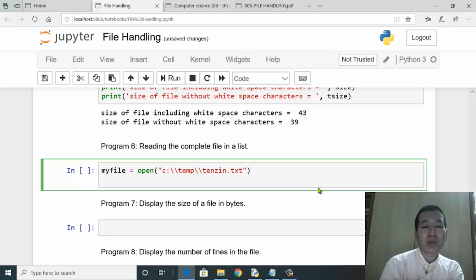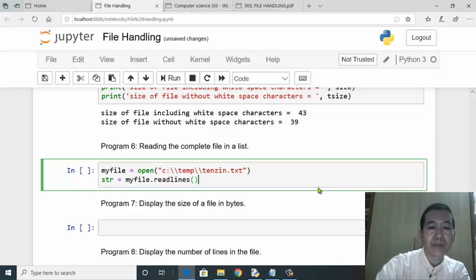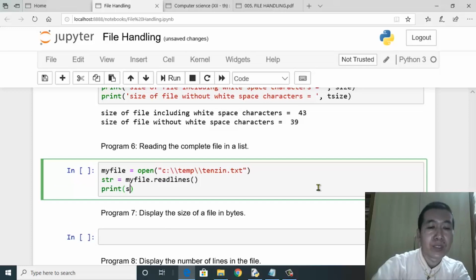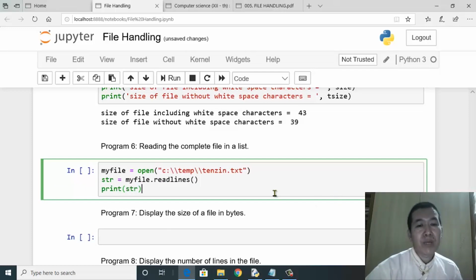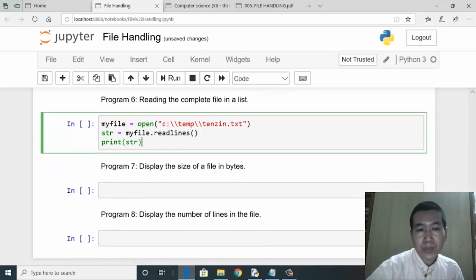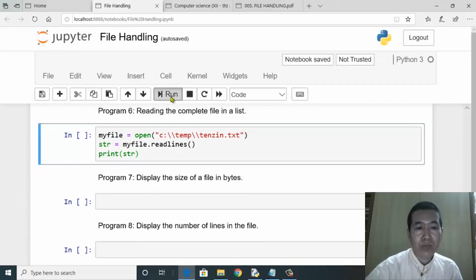This time I'm going to use the third and the last function, which is readlines. We'll have str equals my file dot readlines, and then we'll print the value of str. First we'll run the program and then get on with the explanation. All right, just run this.